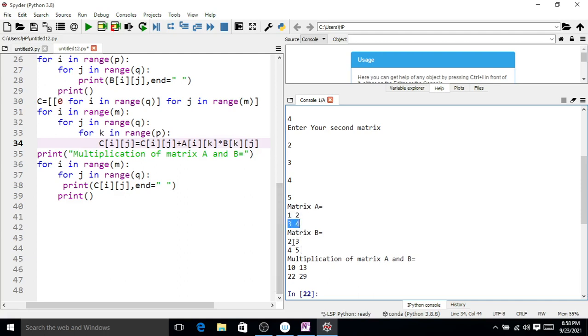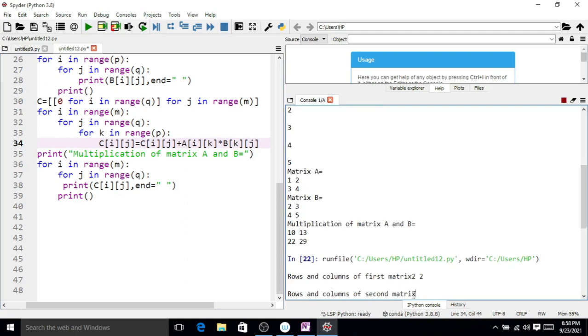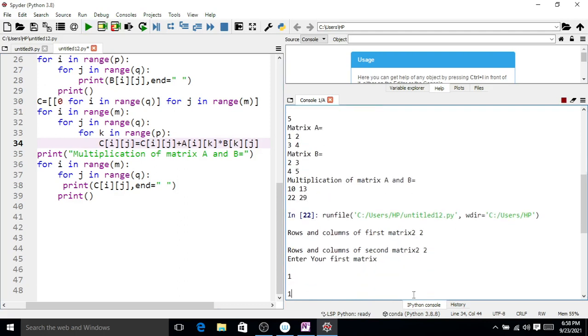If we multiply the second row by the first column, then 6 plus 16 is 22, and the second row by the second column is 3 into 3 is 9, 4 into 5 is 20, so it is equal to 29. If you run one more time, now first say 2 into 2, 1 1 1 1.